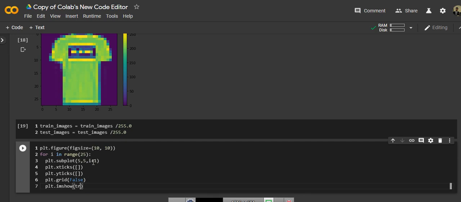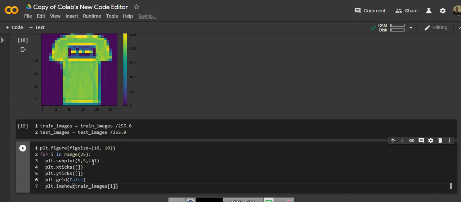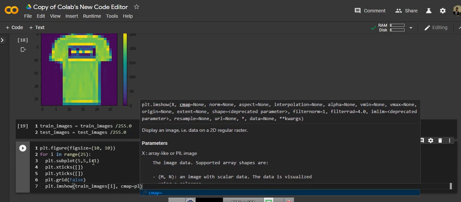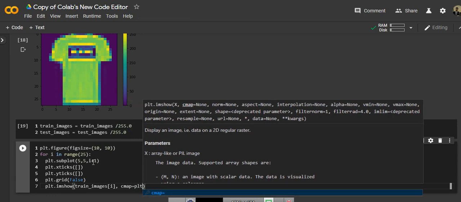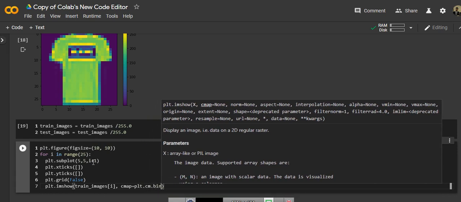We're going to put train_images with the value i, and comma, cmap equals plt.cm.binary